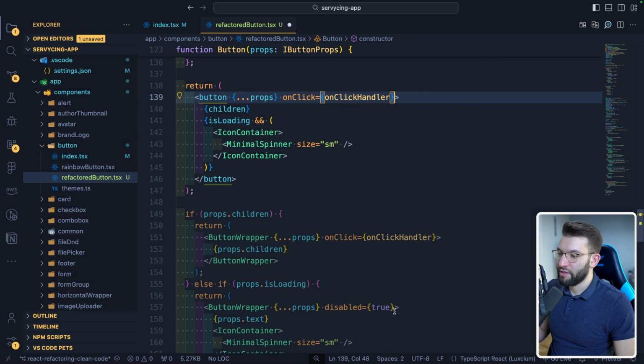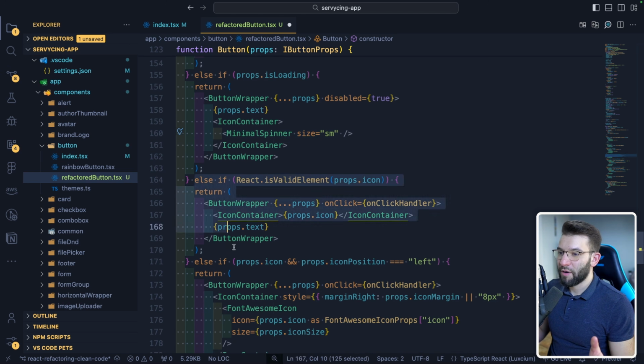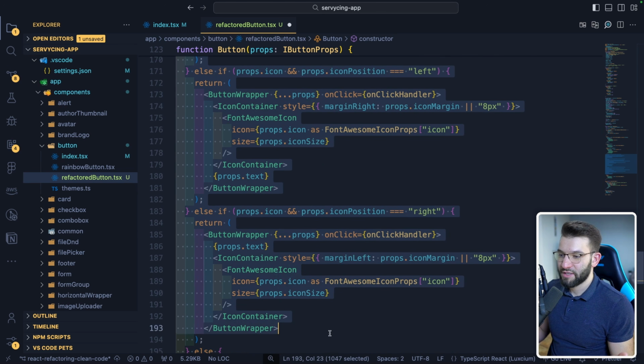I also notice in here, we got disabled true. So if you want to actually disable that one, we can just simply do disabled if it's loading. I mean, very simple, right? All right, cool. So all of this part in here, or all the creepy JSX that is left in this